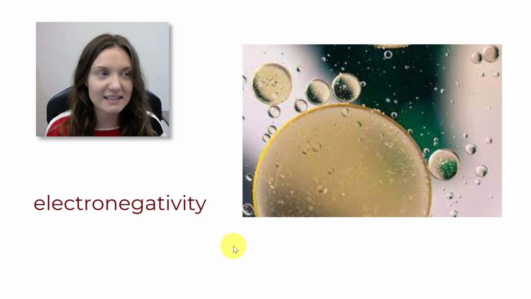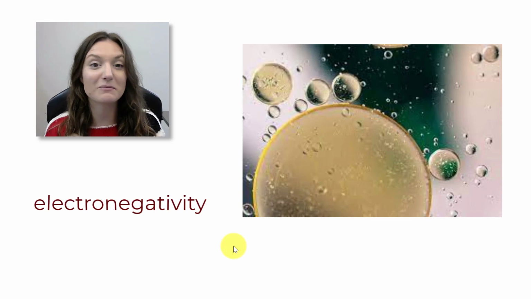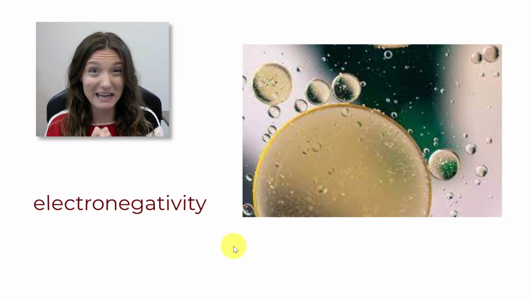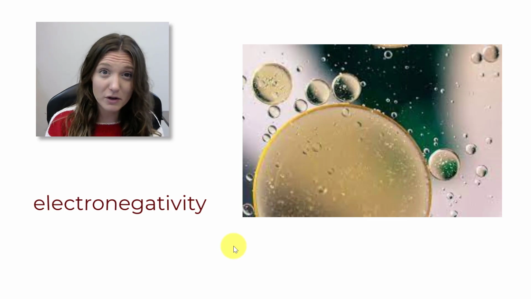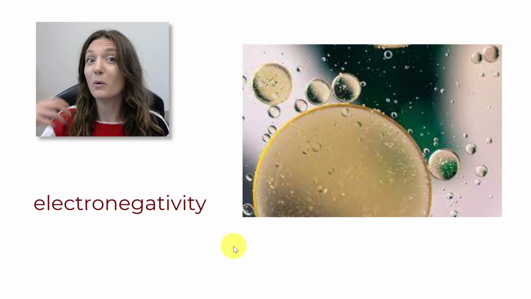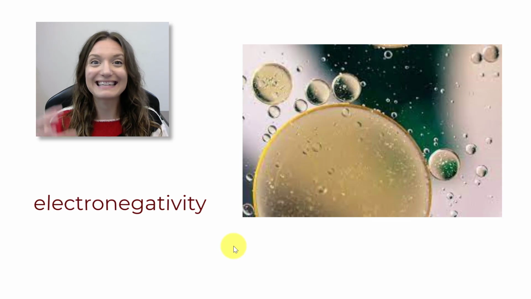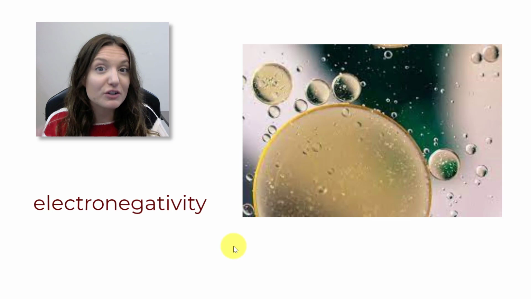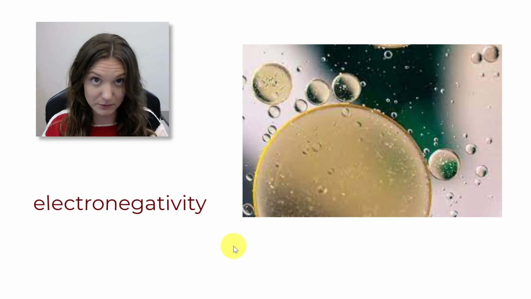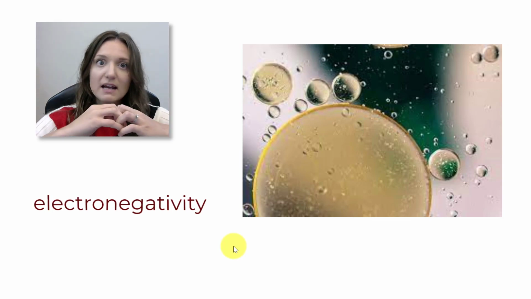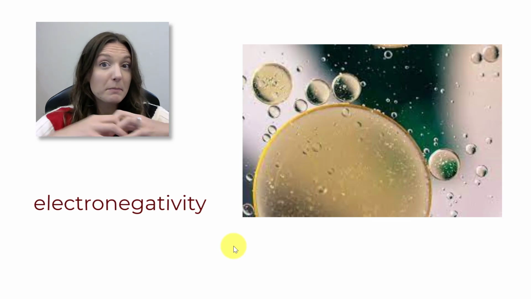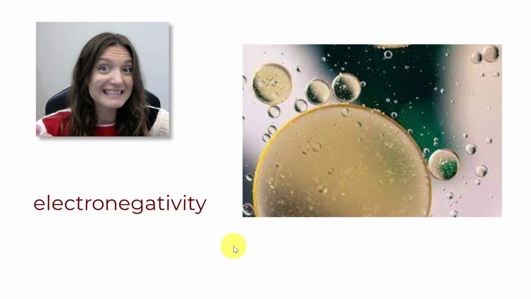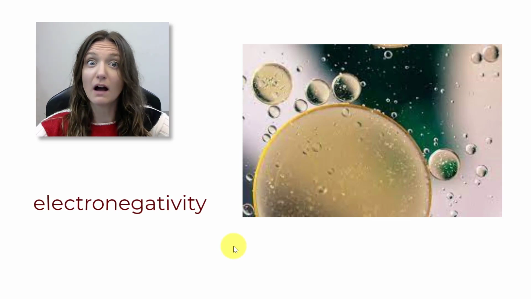All right, why is this concept so important? This concept is so important because it explains the type of bonds that atoms will make with each other, whether they're going to make a polar covalent bond, a non-polar covalent bond, or an ionic bond. And the type of bonds atoms will make with each other determines how those molecules, once those atoms are bonded, right, they make a molecule. The type of bond that occurs in that molecule influences and determines how those molecules will interact with other molecules,